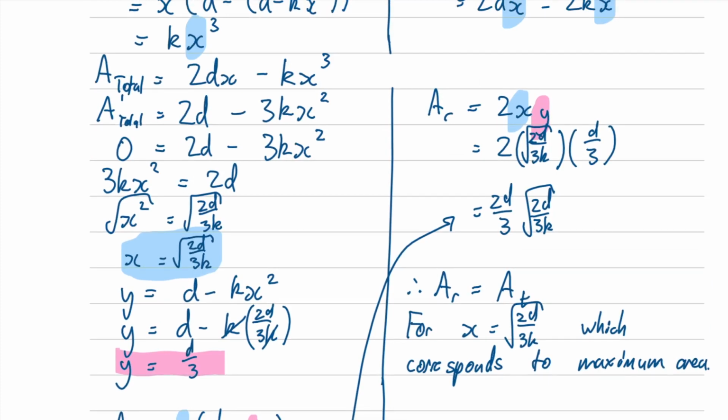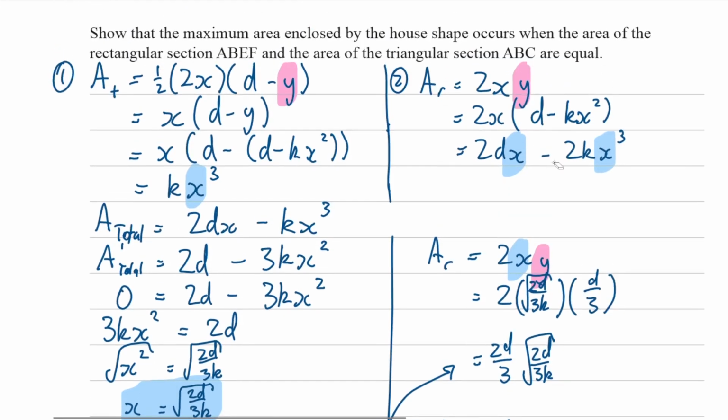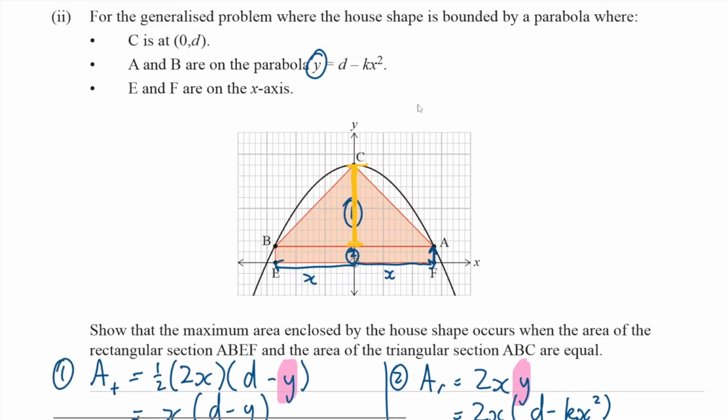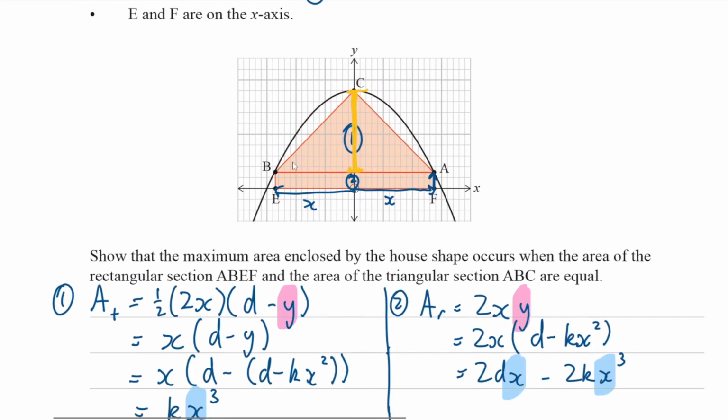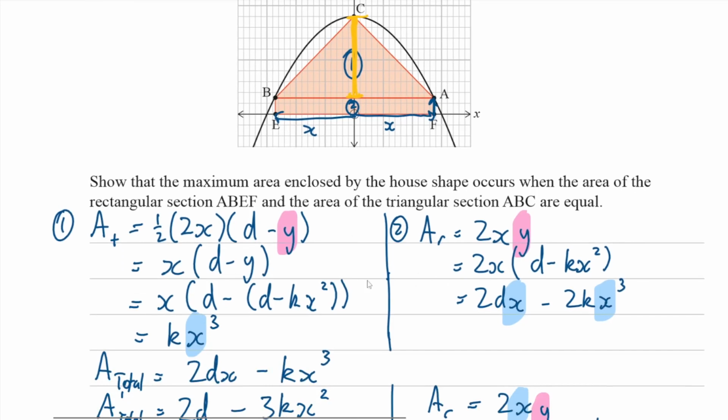Cool, so just to recap this question. Again, in my opinion, one of the harder calculus problems I've come across, just because it requires geometry knowledge and algebra knowledge in addition to calculus knowledge. So this question was a generalization problem. It was still optimization though. So we first found the area equations for the rectangular section and the triangular section. In this case, we did them a bit separate because we saw the question is asking us to check that